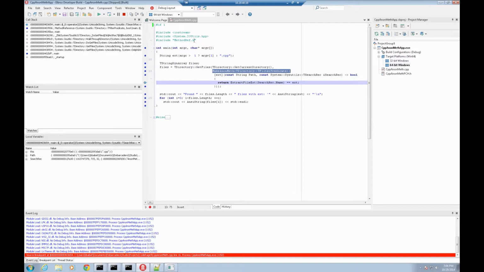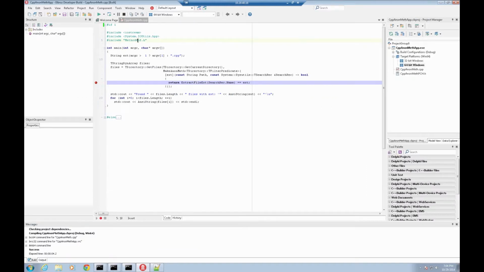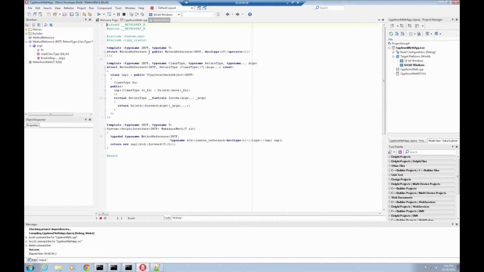So what I did is I put the code in something called method ref here. So I'm going to bring up method ref so you can see. It's not a lot of glue. A little complicated, but we're using variadic template, forwarding, and so make anon will create a Delphi interface. But a Delphi interface is just an interface. You need a class that implements that interface. What class are we going to use? We're actually going to use a class here